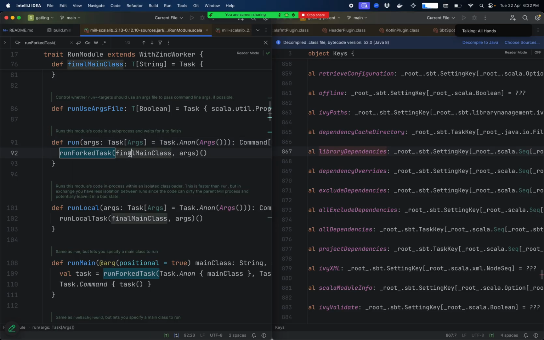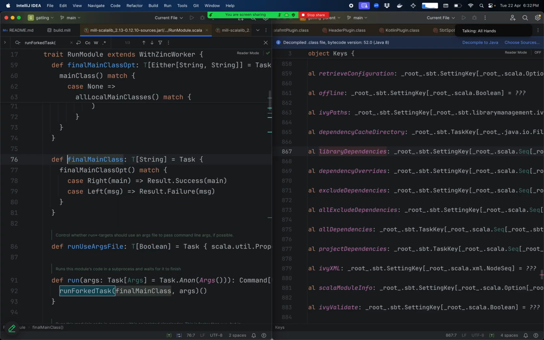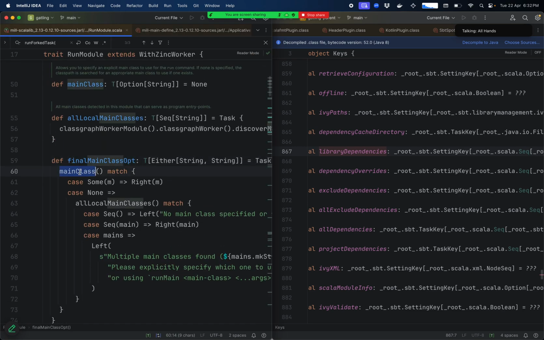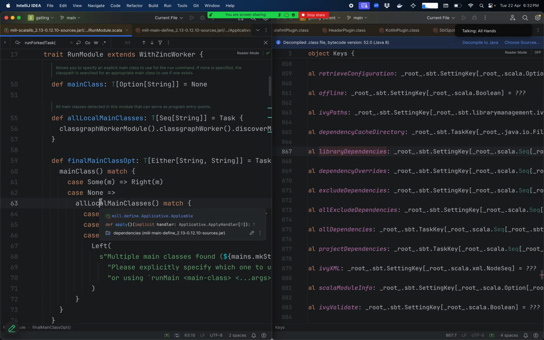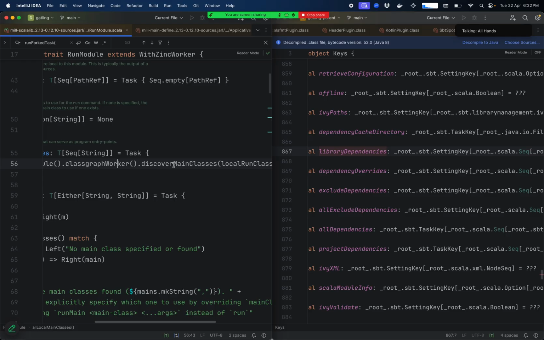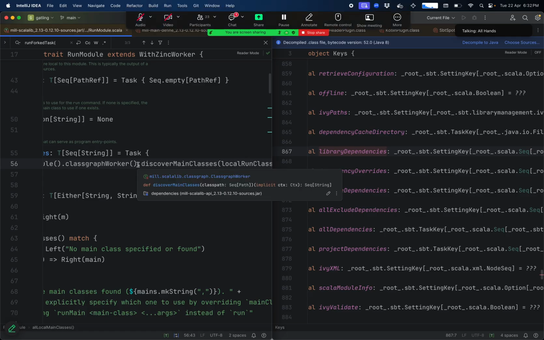And it goes the other way as well. For example, final main class. What's that? I don't know. Jump to it. Final main class is final main class optional. I don't know what that is. Final main class optional, either the main class that you configure, default none, or the local main classes. What are the local main classes? Local main classes are using class graph to discover the local main classes, which class graph is a kind of bytecode class file scanner. So you can go up and down your build graph in a way that you really